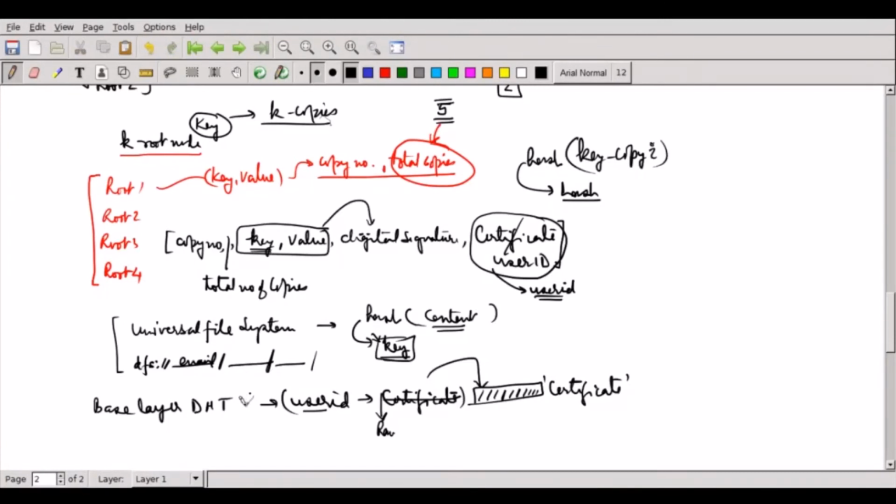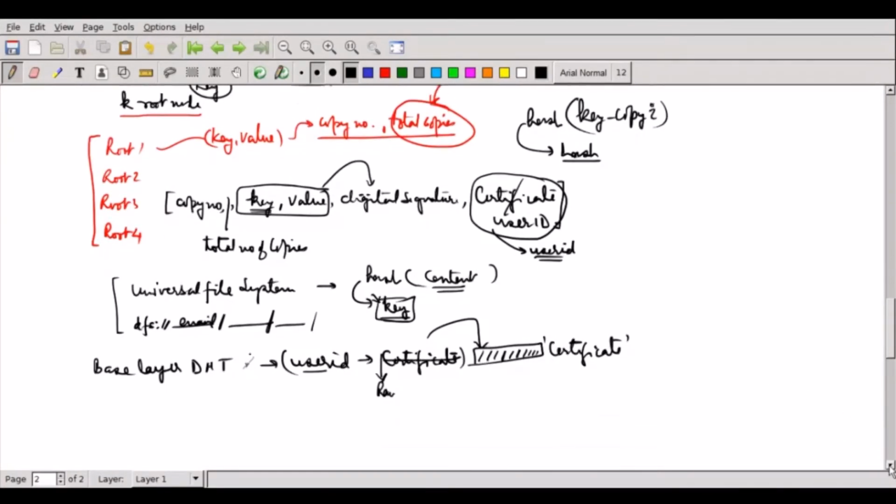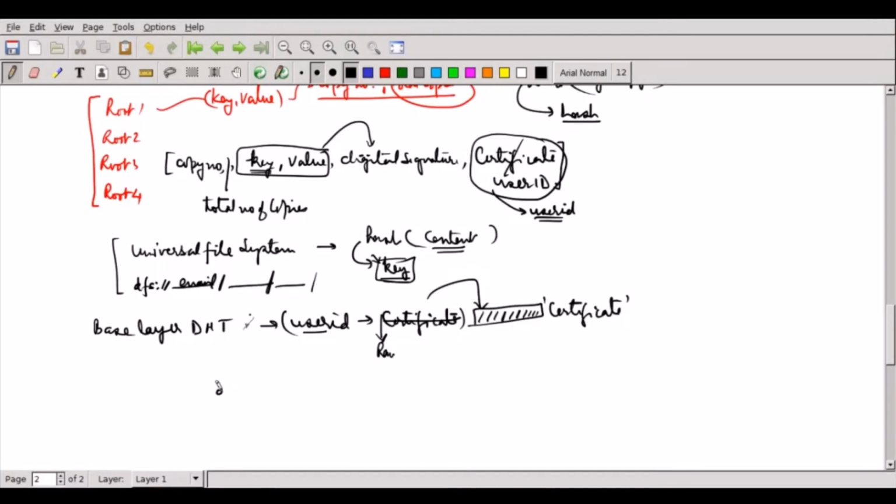Now, how is the backup going to happen? I now have many copies. How are these copies going to back up each other? One possibility is that the ith copy will always publish the i plus first copy. So it forms a ring. This one now does the i plus second copy. Since the total count of copies has also been put here, the last one will publish back to the first copy, copy 1, which will again do the same.